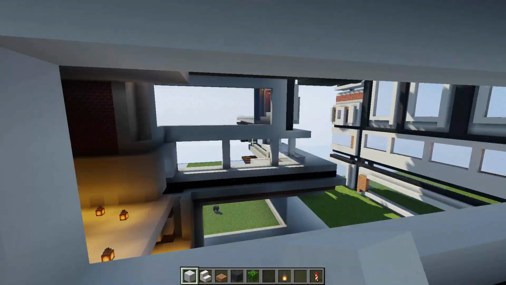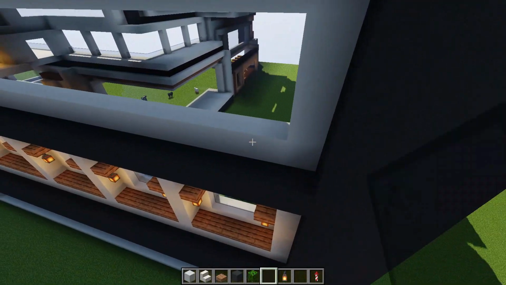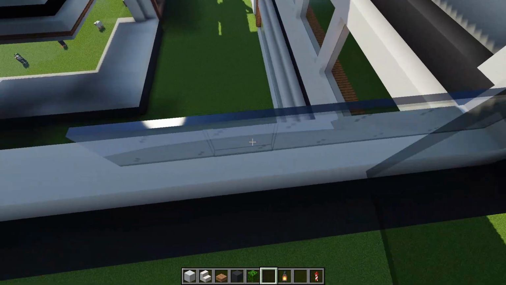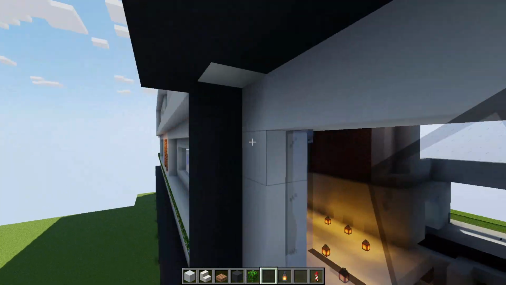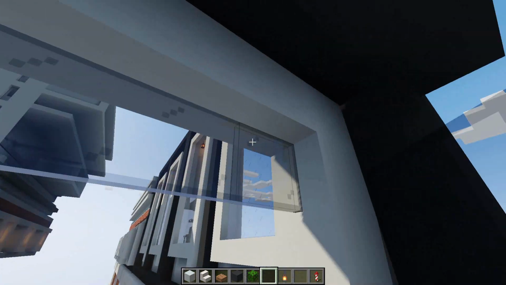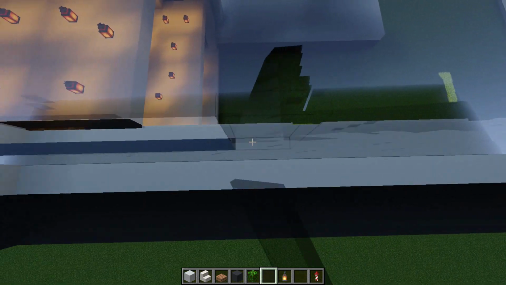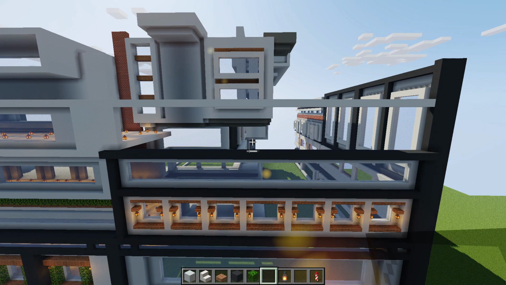I'm just going to fill in this section right there. Is this one already filled in? Looks like it is. So yeah, let's go ahead and fill this all the way in with black stained glass paints. Okay, now that we have that window slash wall filled in all the way,